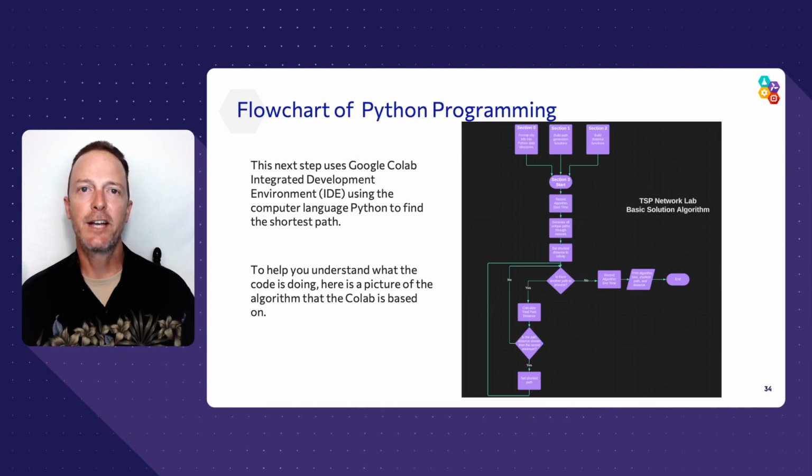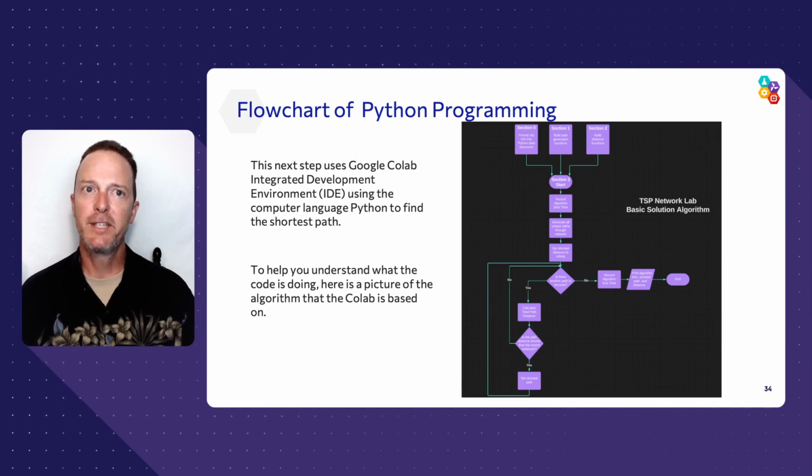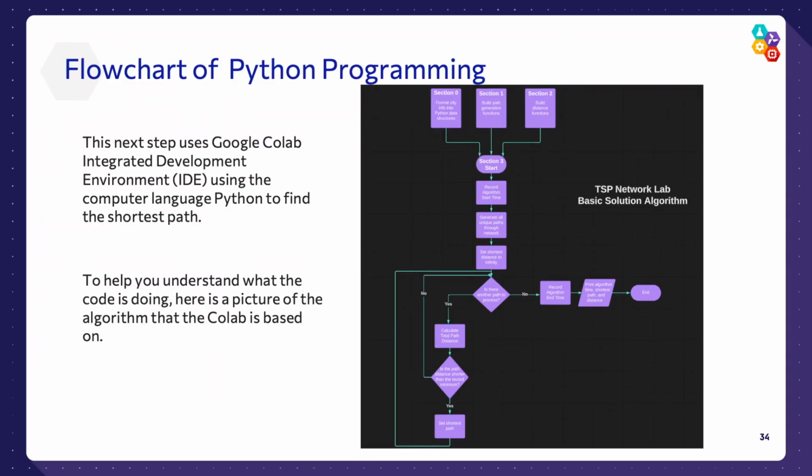Here's a flowchart of each section in the Google Colab. It's a visual representation that might help guide you through the complexity of the problem. It allows you to break down this complex issue into smaller, more digestible parts. You will see that in these sections, we will first build the cities, then we will build all the paths, then we will, inside the final section, compute the distance of the various paths.